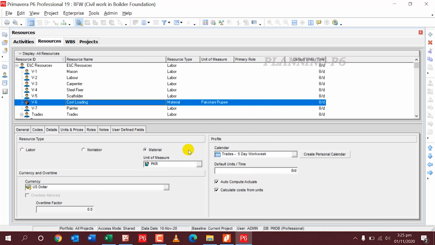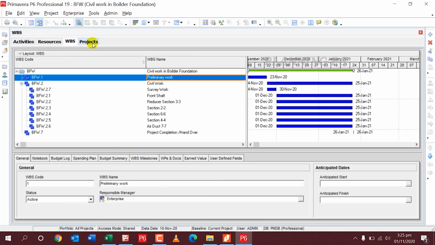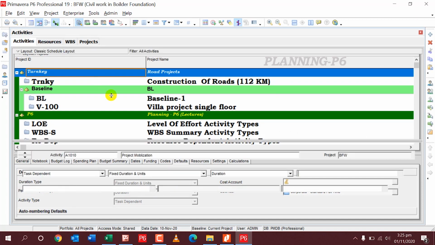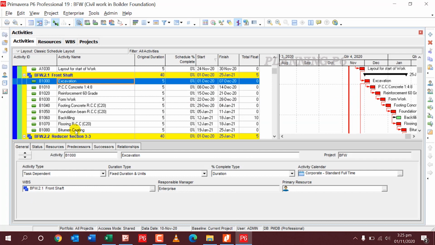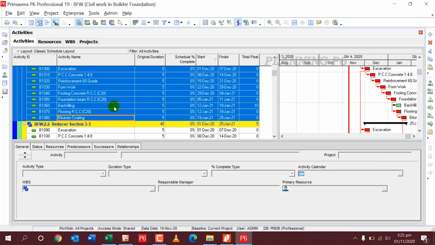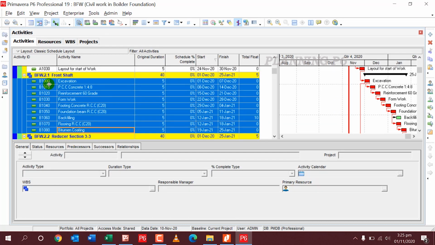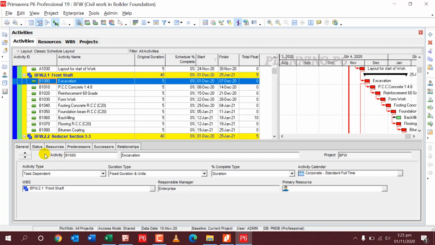So what I will do here, I will link all these activities, and first I will assign this one. Go for resources, add a resource.